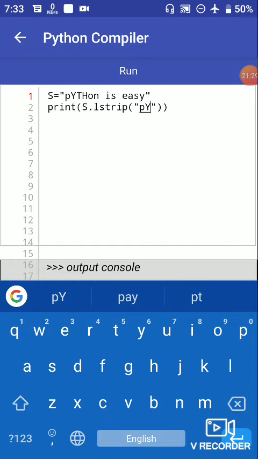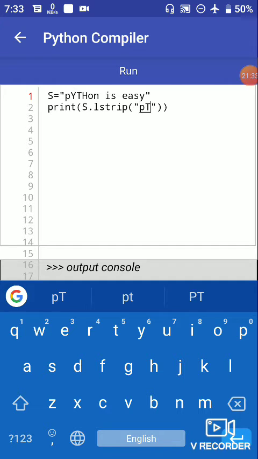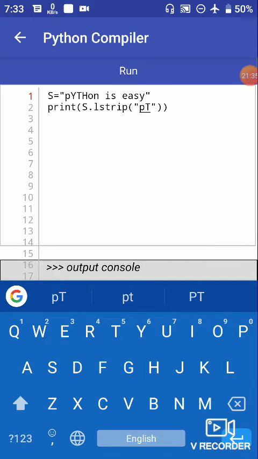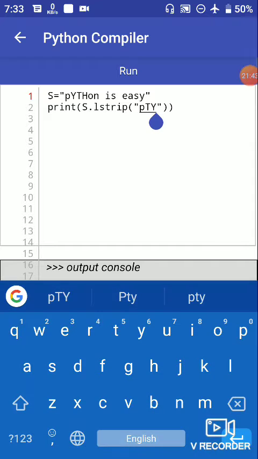If we change the sequence to P, T and then Y, there is no matter about the sequence of these characters. If we use TPY, let's see.